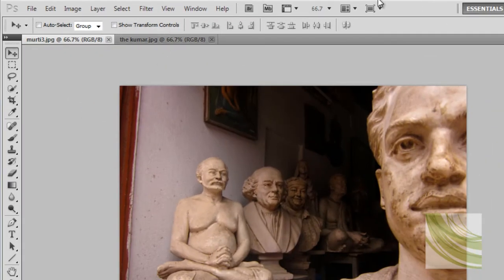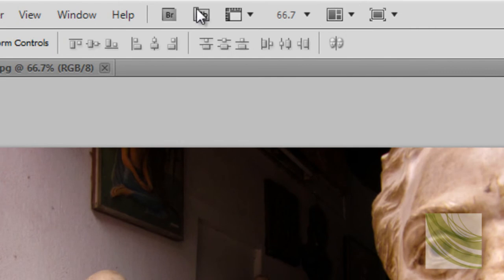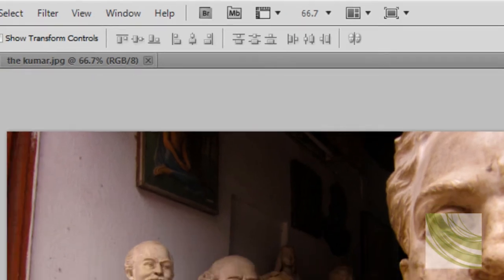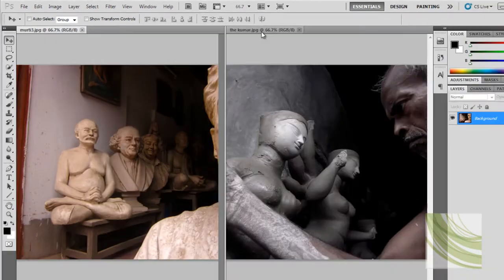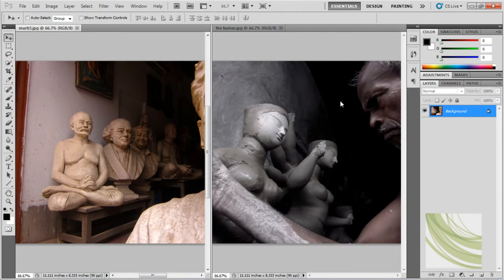And let me explain the idea of this particular view here, because this will help you to arrange documents. Now we have two documents open, and if I click on this, then I have multiple options for seeing them. I can see them as two up. Now why would you want to do this? You'd want to do this because if you have certain elements in this particular file or image and you want to bring them to this image, for example, you've got multiple layers here and you want to bring one layer from this image to this image, then this would be an ideal way to work.